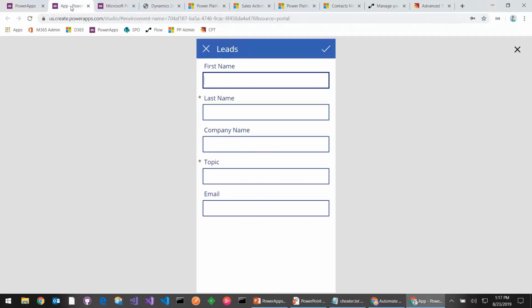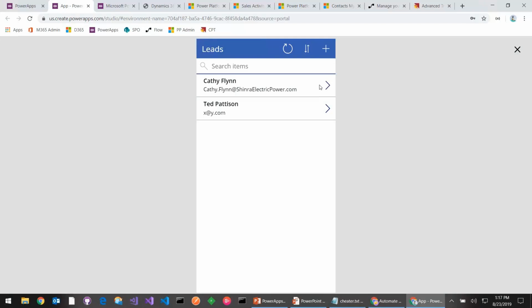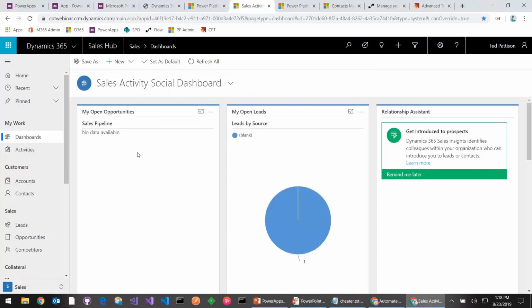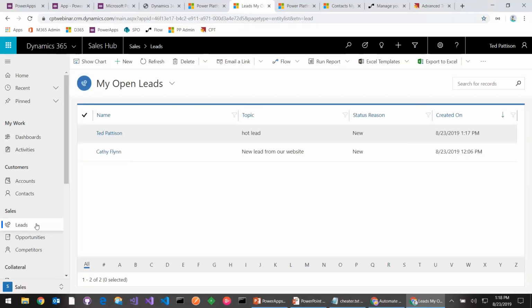Somehow I lost my page there. Okay, here we go. But let's go ahead and add something in. Ted Pattison, company name CPT. What is the topic? Hot lead, and x@y.com. Okay, so you can see that it's fairly easy to work with these. And now that we've got that inside there, if I go back to the out-of-the-box Dynamics 365 application and start looking at leads, now your Canvas app can start reading and writing things